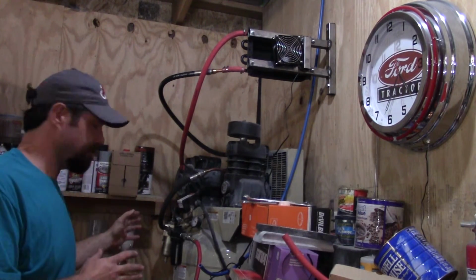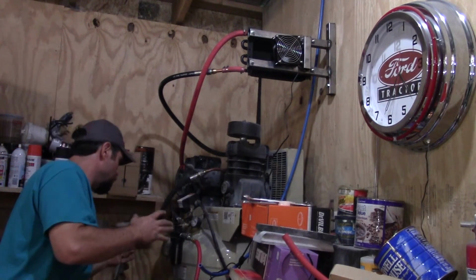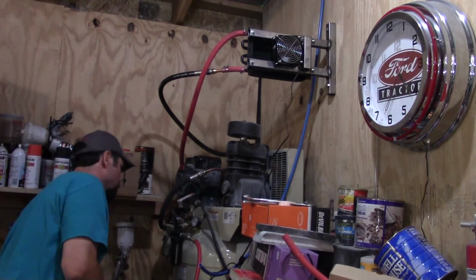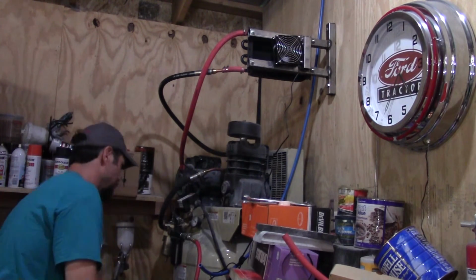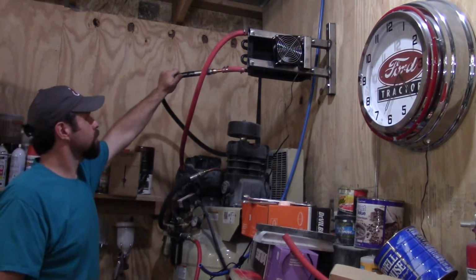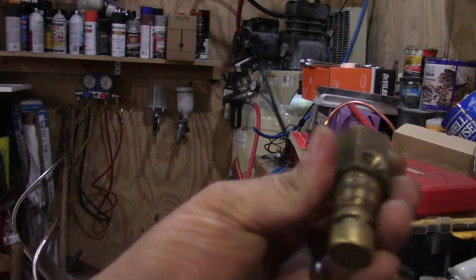Alright, so I changed the filter out with the other one, and it still will not increase PSI. It's still holding about 75 PSI. Alright, so a lot of trouble later. We got my